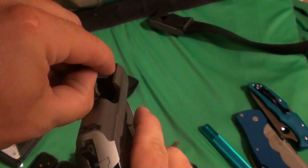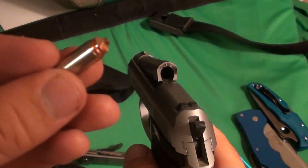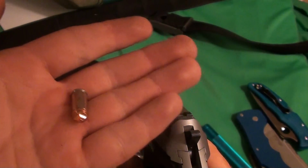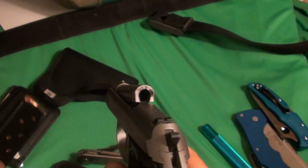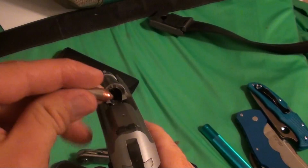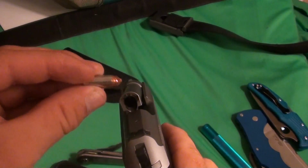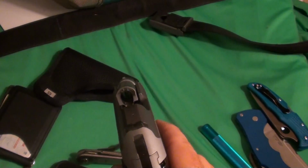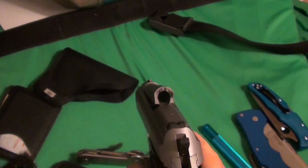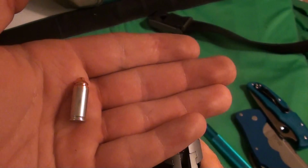One in the chamber. Just pull that out. It doesn't have an extractor. It's blowback. I do have the Lehigh Extreme Cavitators. I want to do some more testing before I carry a full magazine of it, but the rest of them are just full FMJs. I did shoot 3 of these off in the short amount of time and opportunity that I had to test these, and I did have a failure to feed. Also had a failure to feed with the Full Metal Jackets, but after I ran a magazine of them, I didn't have an issue, so I just need to fire a magazine's worth of these next time I get the opportunity to shoot,